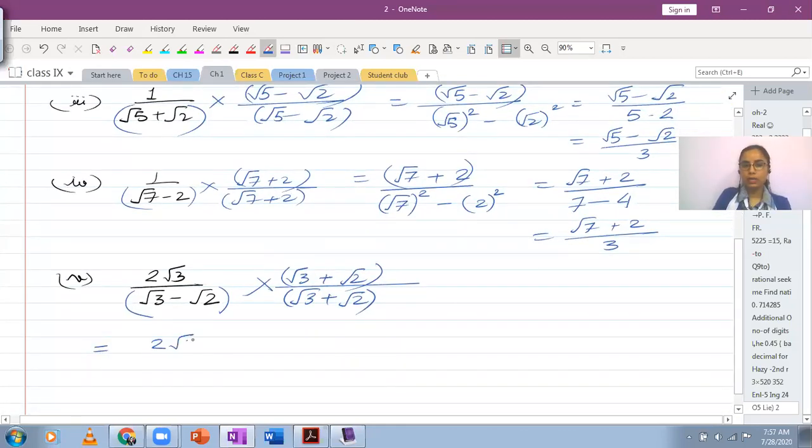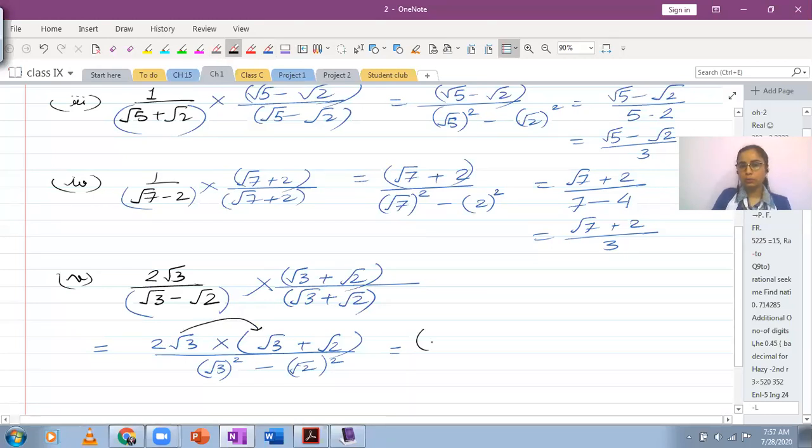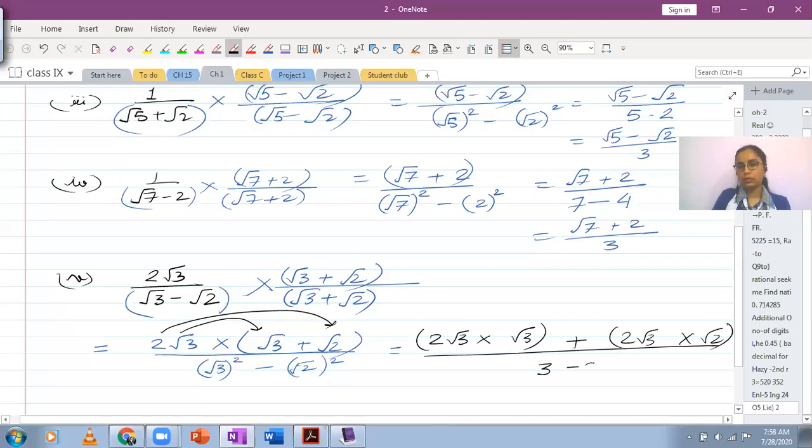Now in the numerator, I have to multiply a monomial with a binomial. And the monomial is not 1 anymore. So I would need to simplify the numerator too. In the denominator, I can still use my identity, which is the purpose of using the opposite operation. So this is what I have. Now if you try to multiply the values in the numerator, the first product will be 2 root 3 multiplied by root 3. The second product will be 2 under root 3 multiplied by under root 2. In the denominator, you have 3 minus 2.